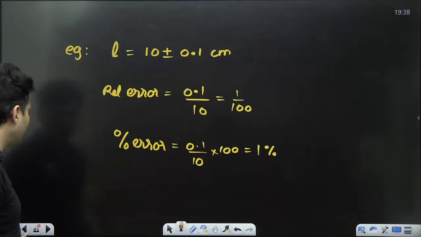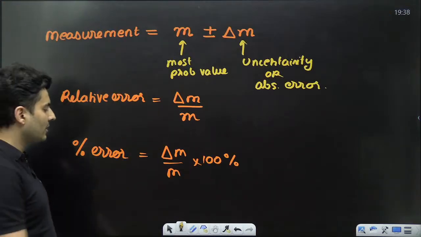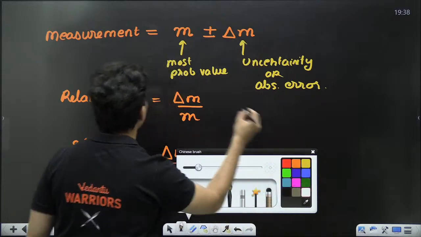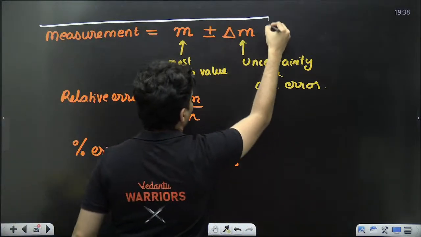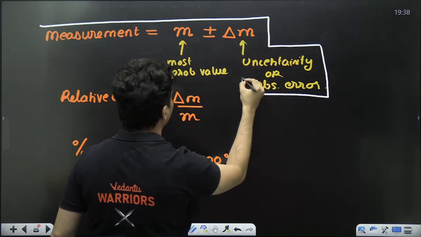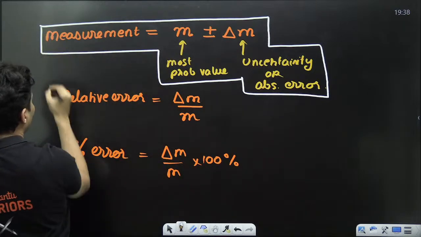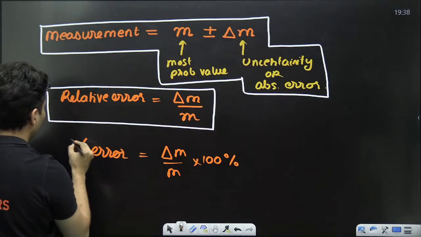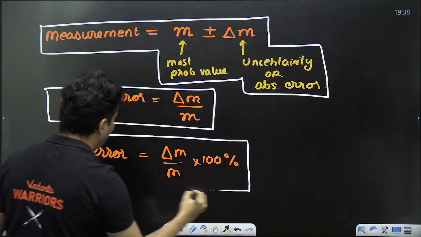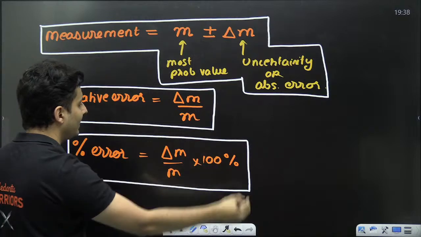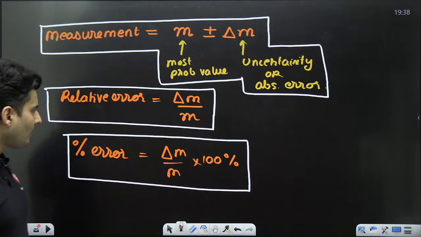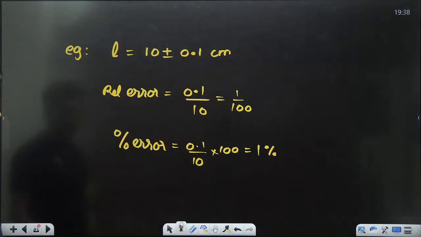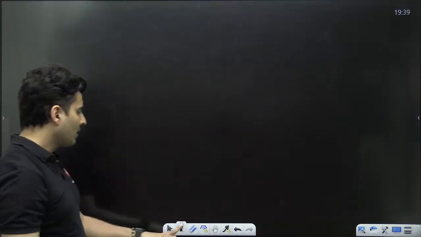Is this clear, my dear warriors? Okay, keep this in mind. So any measurement will have some uncertainty and a most probable value. There will be a quantity called relative error, which is error by most probable value. You multiply by 100, you get the percentage error in the reading. These are the three formulas. Now sometimes what happens,